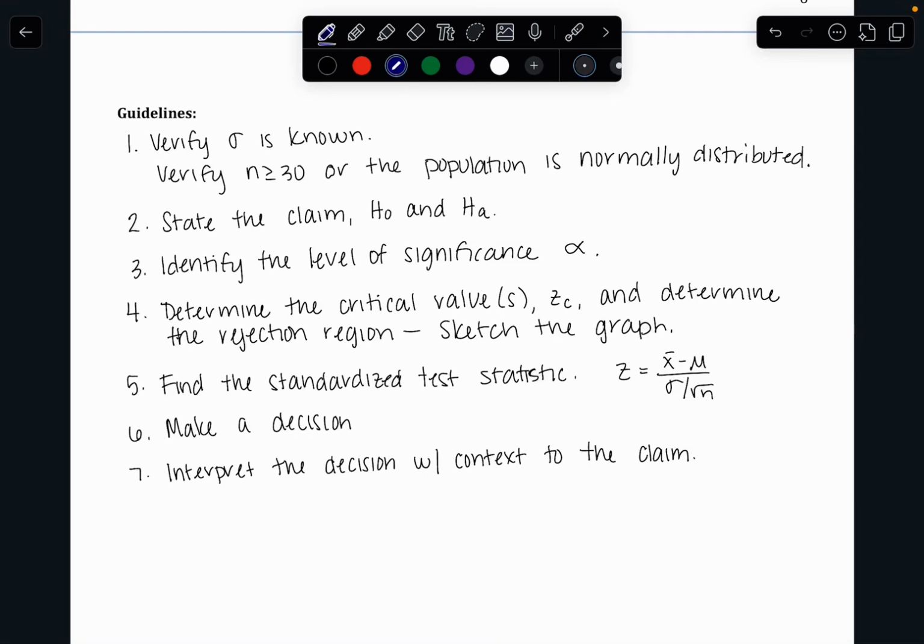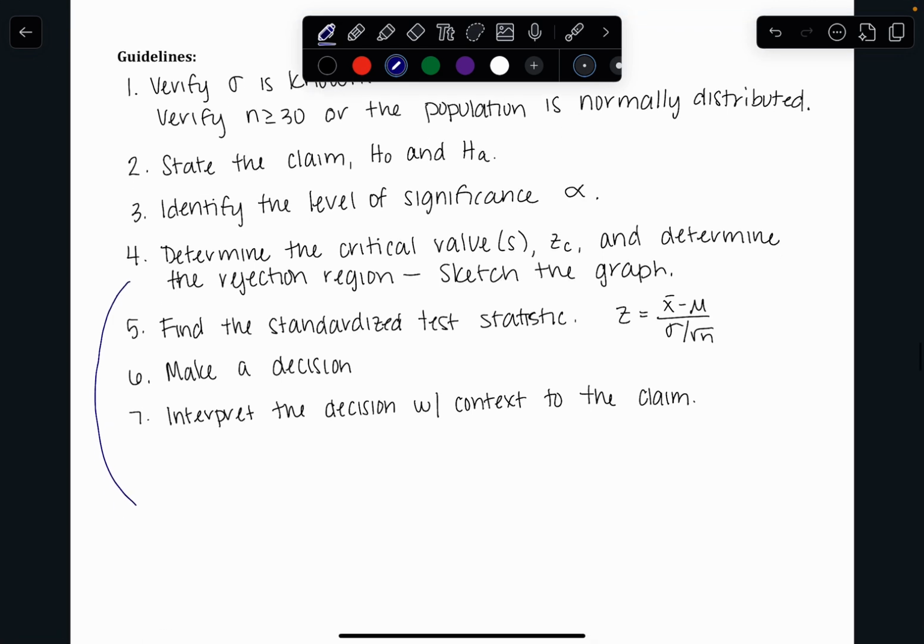All right, continuing to talk about hypothesis testing with rejection regions. One of the pieces I forgot to mention in our previous video was, when you are sketching your rejection region, how to determine what type of test you have. So if we are wanting to determine if we have a left tail, right tail, or two-tailed test,